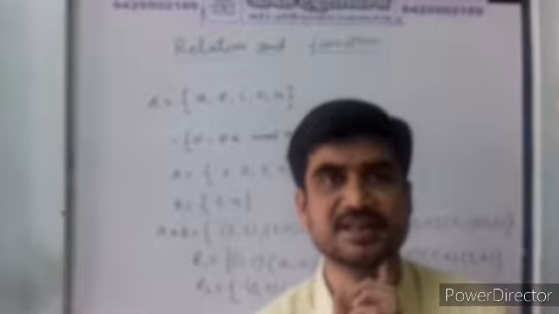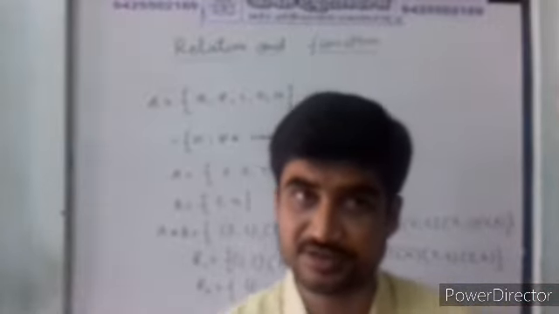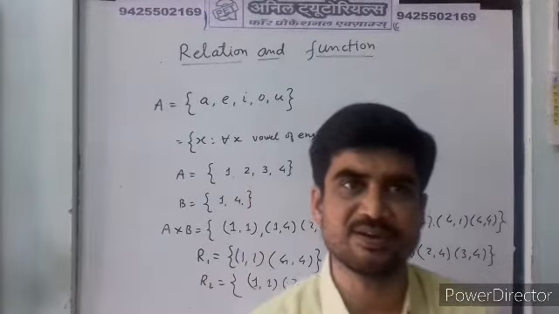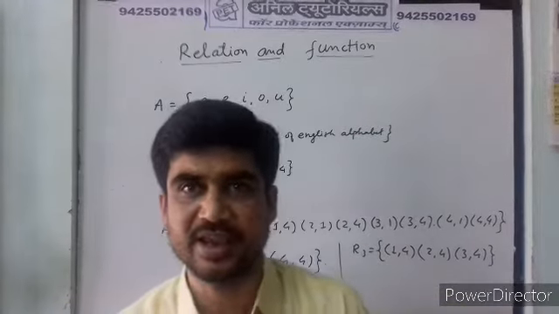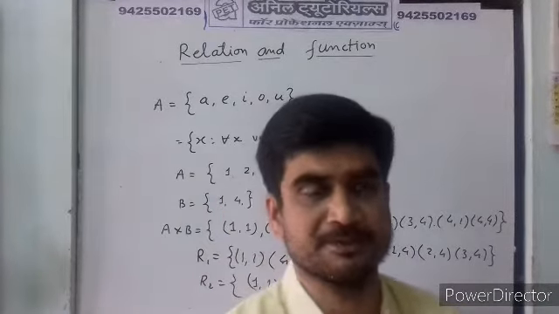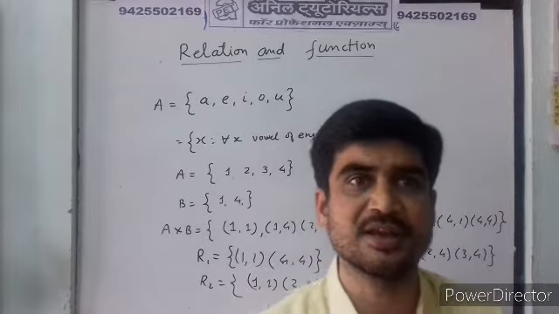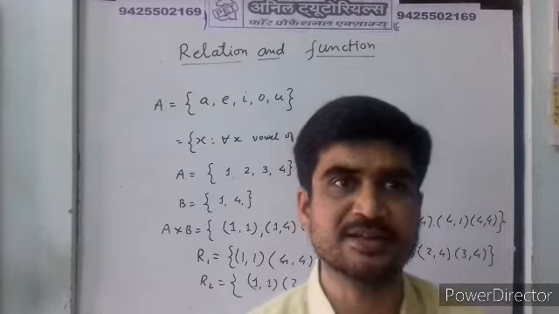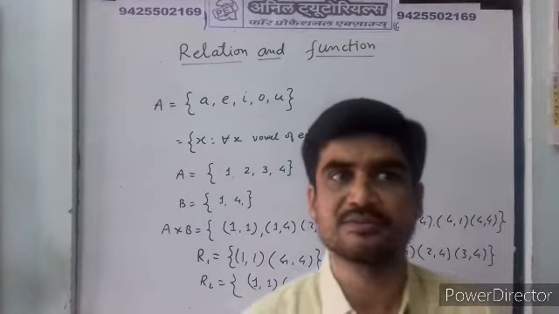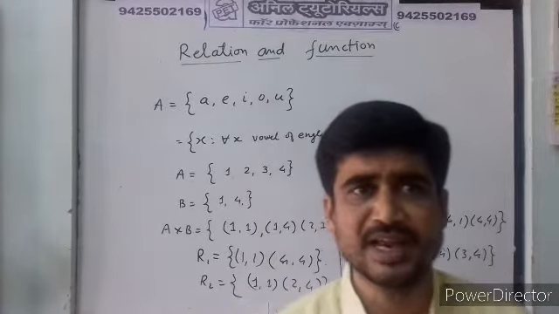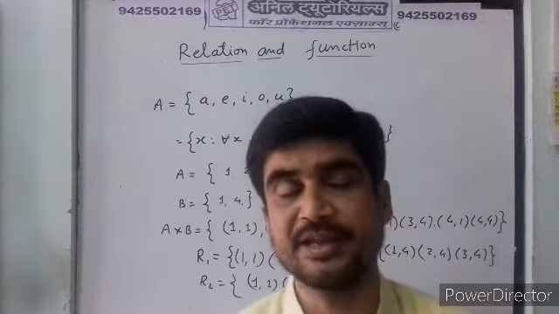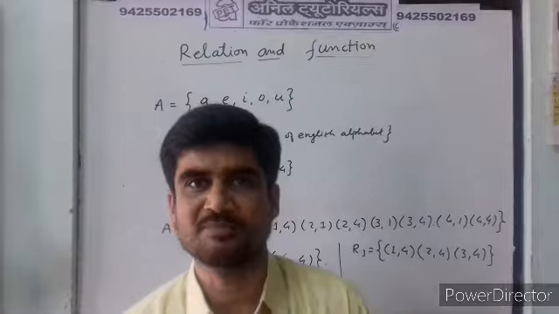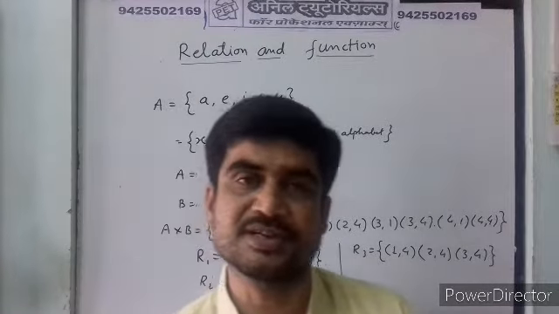Now just recall what relation is, which you studied in class 11. A relation R from a non-empty set A to a non-empty set B is a subset of the Cartesian product A cross B. The subset is derived by describing a relationship between the first element and the second element of the ordered pair in A cross B. And you also know the second element is called the image of the first element.